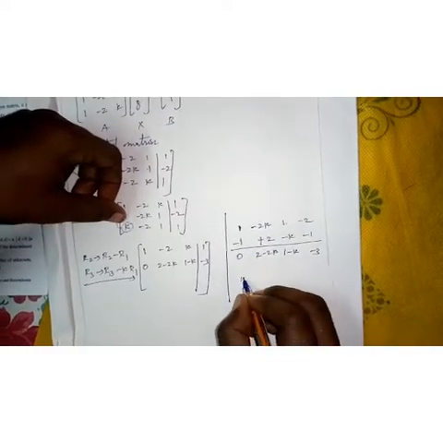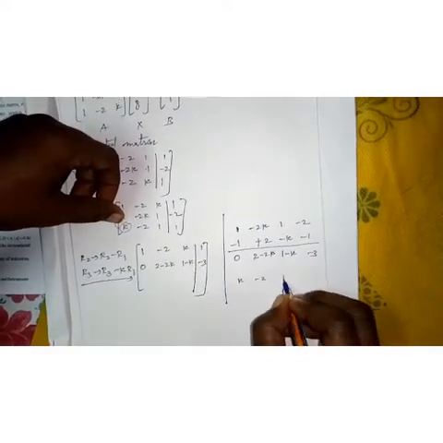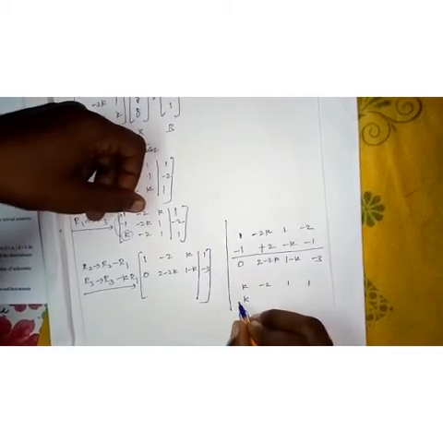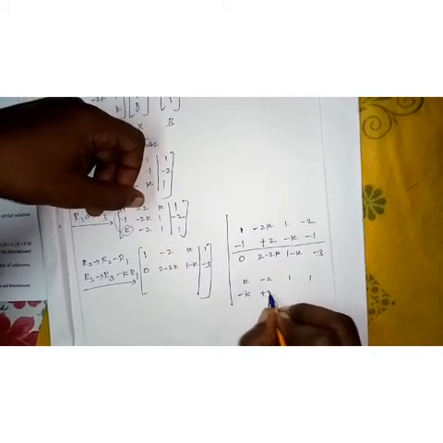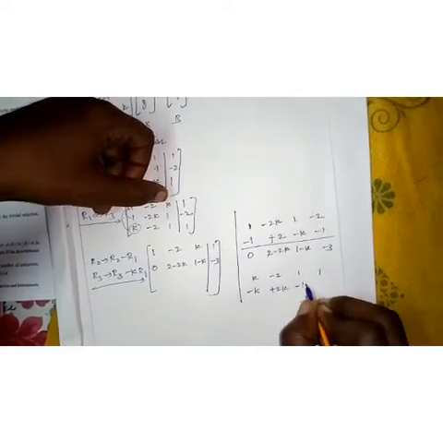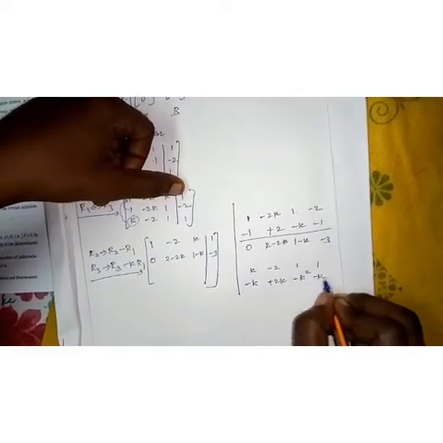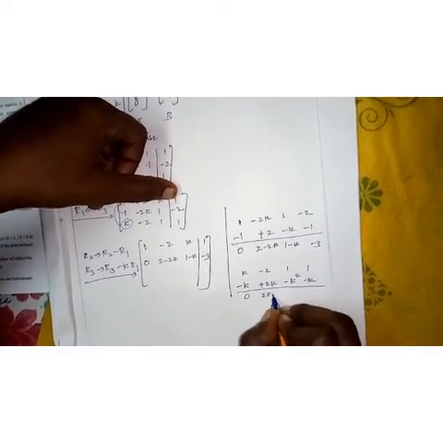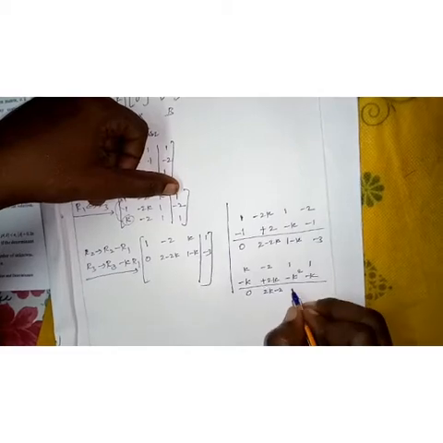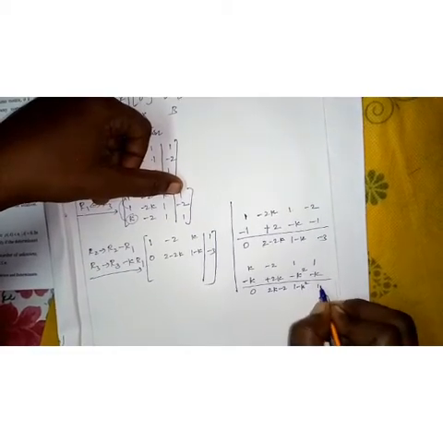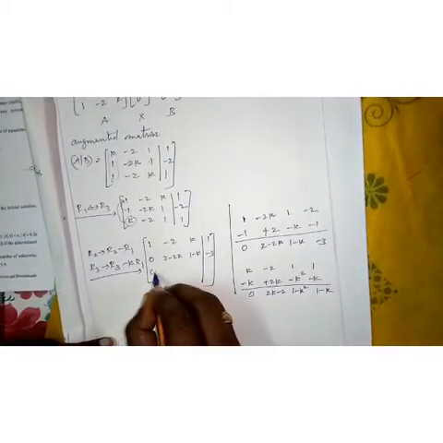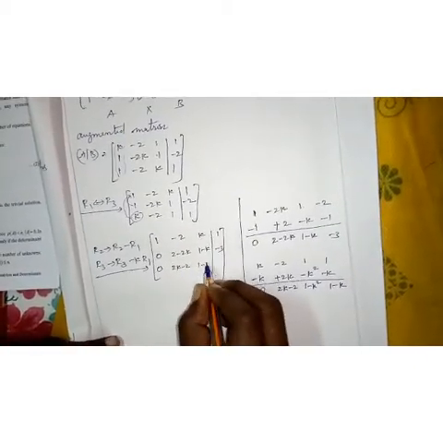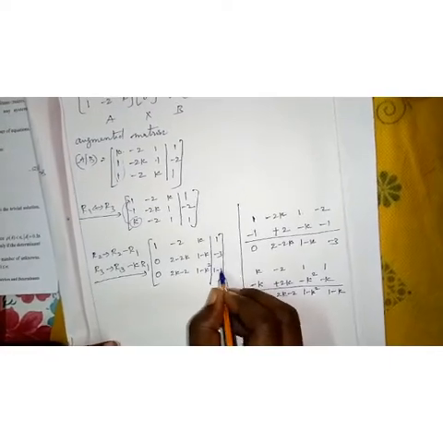Go to third row: K minus 2, 1, 1. Multiply by k here: 1k minus 1k, minus minus plus 2k minus k into k square minus k. Then add 0, write positive 2k minus k, 2. Here 1 minus k square, 1 minus k. Write in the third row: 0, 2k minus 2, 1 minus k square, 1 minus k.